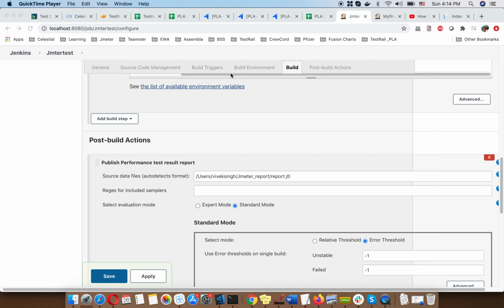So today we will learn how to integrate JMeter with the CI/CD tools. The tool which we are using in this video is Jenkins. Jenkins is a very popular CI/CD tool which is highly demanded in the market. So what we will do, we will integrate our JMeter with this Jenkins tool. We will execute our JMeter scripts inside Jenkins and we will create